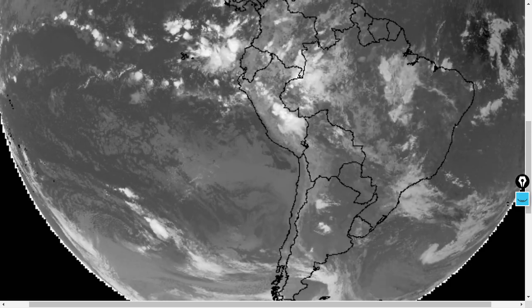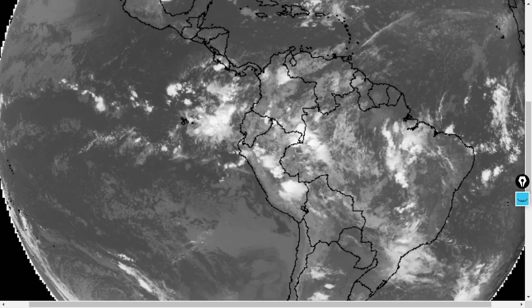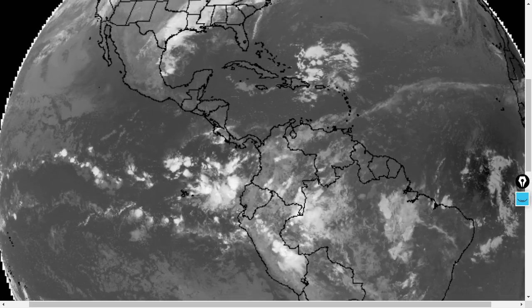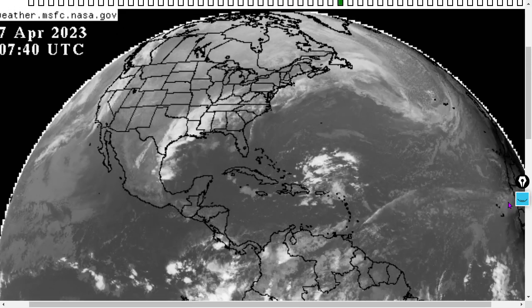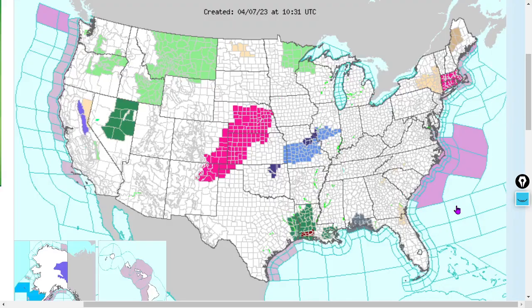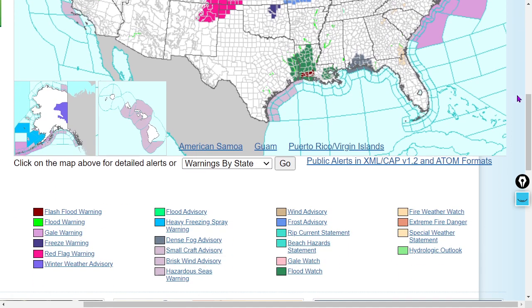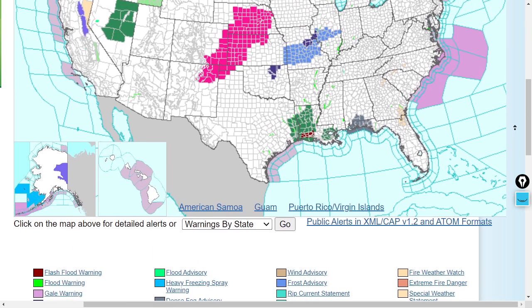If you're downhill from record snowpack, your hydrologic output is flooding. And there are huge sections of the U.S. that are under a hydrologic outlook watch. That's caused by snowmelt. And if the temperatures rapidly rise, the water will rapidly fall. So here's your weather.gov map, and you can see all of these green areas. Those are hydrologic output. That is from snowpack melting. And again, expect to see some epic meltwater following a seventh consecutive epic year of record snowfall in the northern